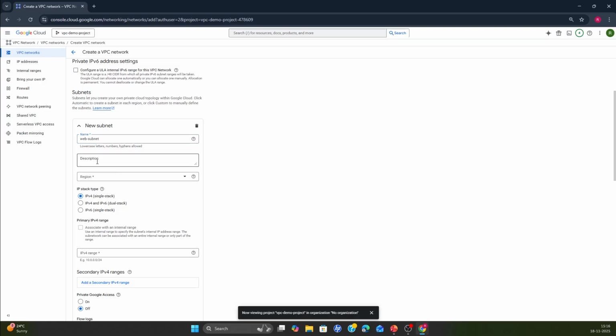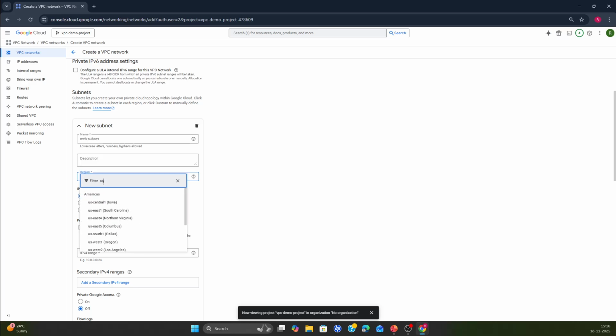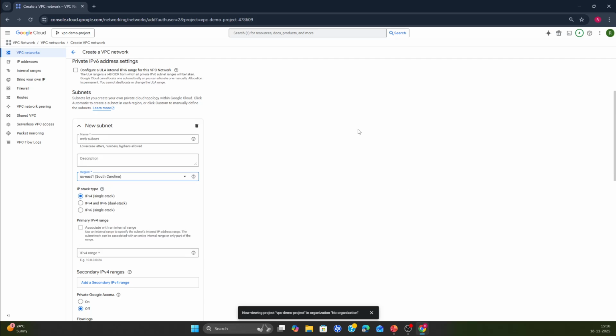If you want to give the description, you can paste it here and select your region. West, East, one. Just take the nearest subnets. When you're creating your subnets, always keep the future in mind. If you're working for a company, keep in mind where your resources are going, I mean where your resources are. Just take the nearest subnets where you can launch your resources and utilize them, because it will help